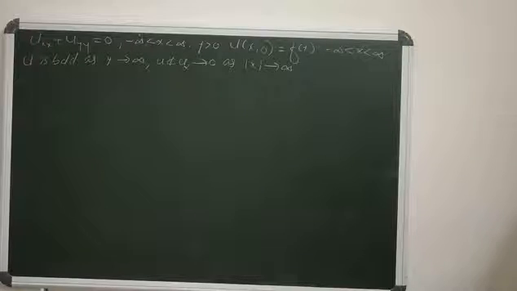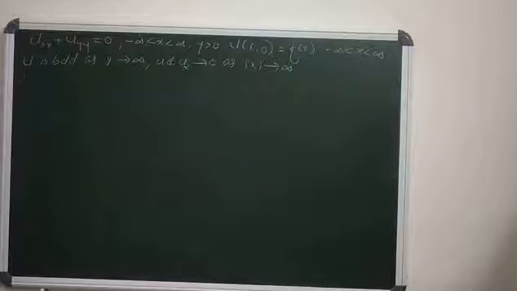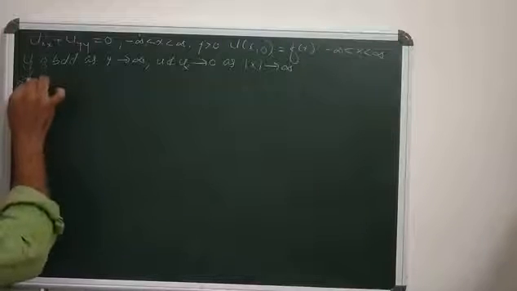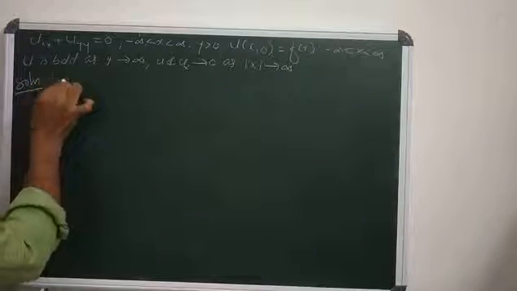u_xx + u_yy = 0 with the conditions u(x,0) = f(x) when x lies between minus infinity and plus infinity. Moreover, u is bounded as y goes to infinity, and u and u_x vanish as mod x goes to infinity. So this problem is known as the Dirichlet problem for the upper half plane. So its solution is: let